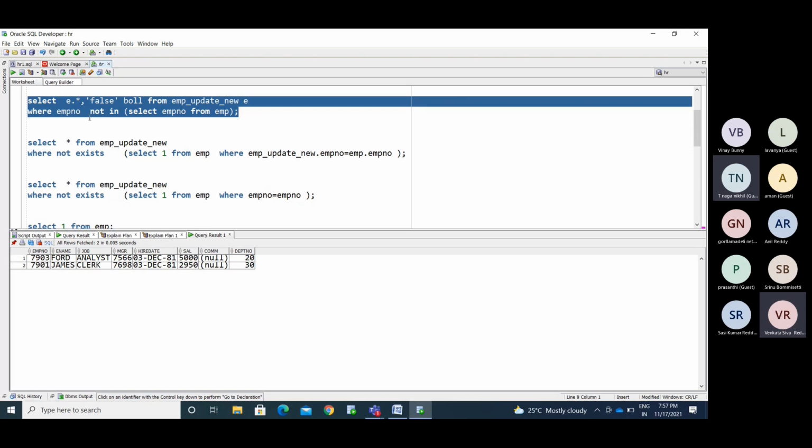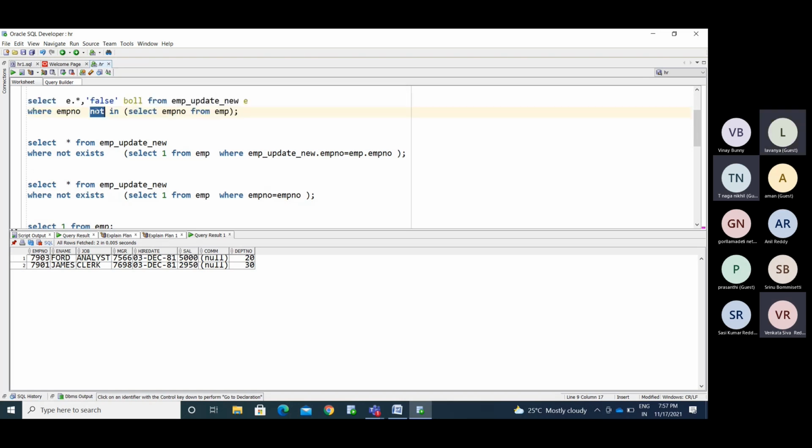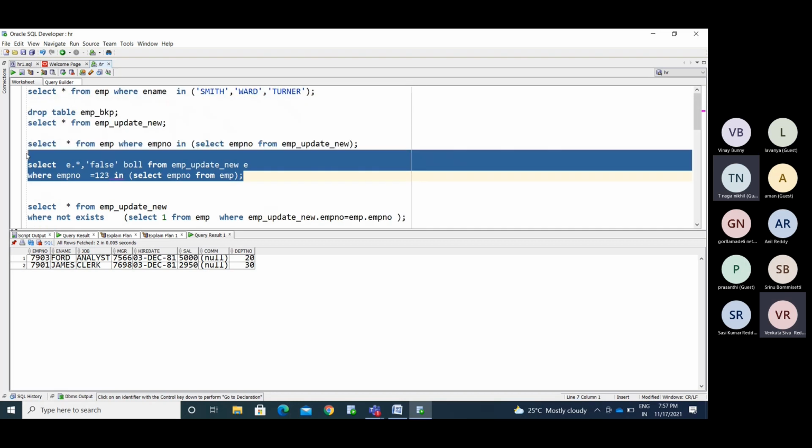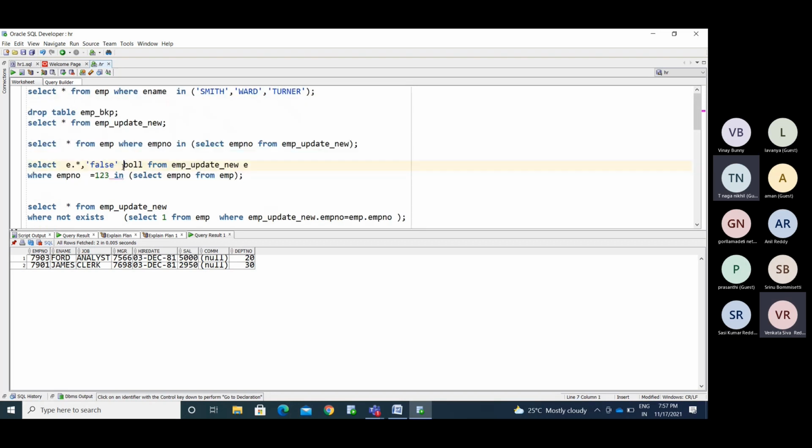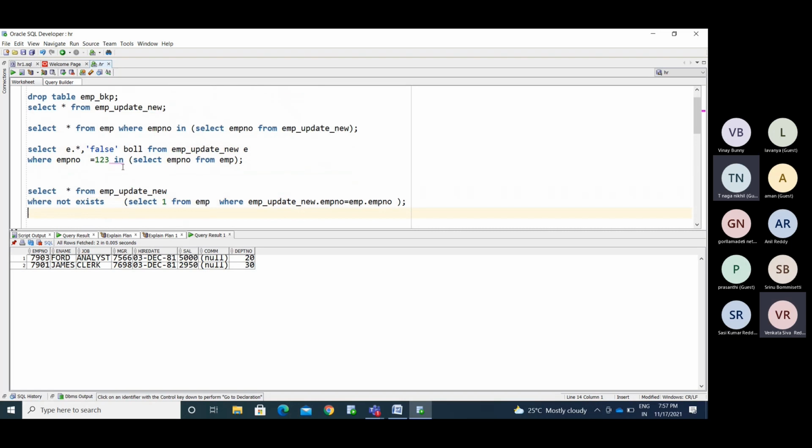So instead of a column value, if you pass, here what did we write? Where employee number equal to 1 to 3. So instead of this 1 to 3, what you are performing here is you have simply written some select query here. Okay. So this we can call a subquery. Okay, so this we can say subquery.